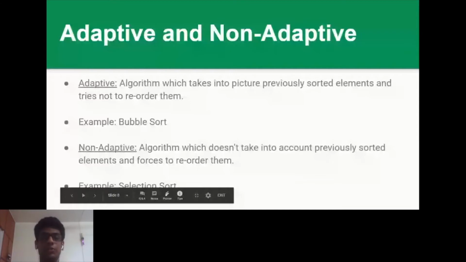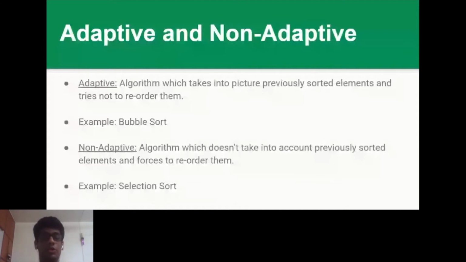Algorithm which takes into picture previously sorted elements and tries not to reorder them. Bubble sort. अगर कोई element sorted है तो bubble sort will not force reorder them. It will just take into consideration that yes, the element is sorted and it will move on. Like in case of